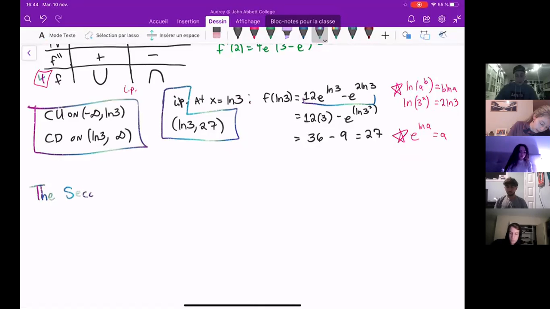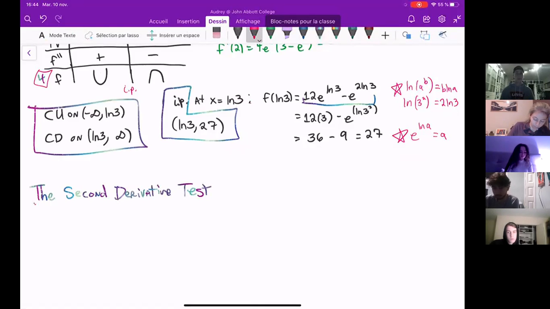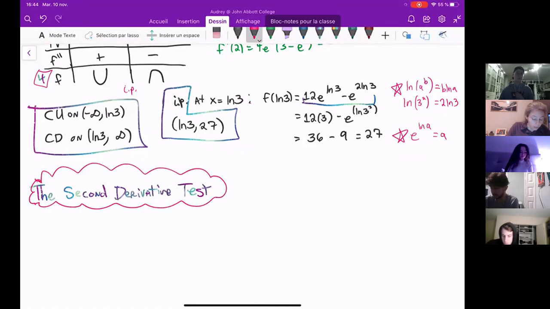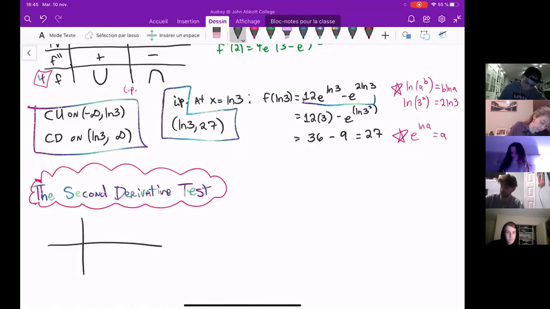So the second derivative test. What we were just doing is not the second derivative test, it's the test for concavity. Let's say, to understand what the second derivative test is going to tell us, let's say that I have a